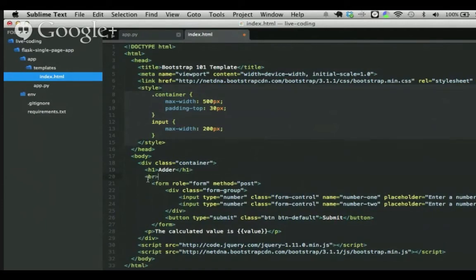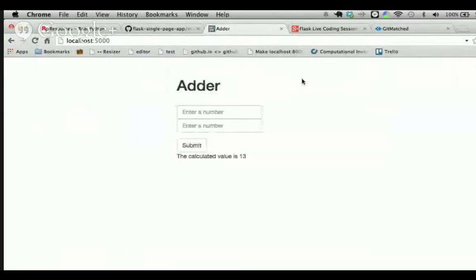Some of the spacing is off here. Okay. All right. Let's update the title. Bootstrap 101 template is not really relevant or very interesting. Okay. So if we refresh that, looks a little bit better.